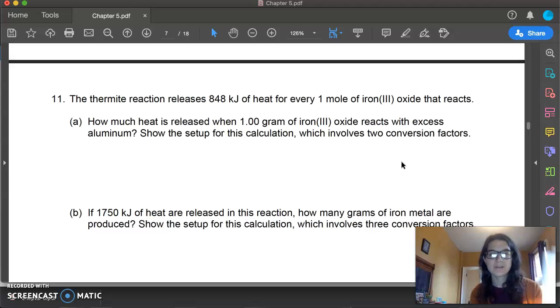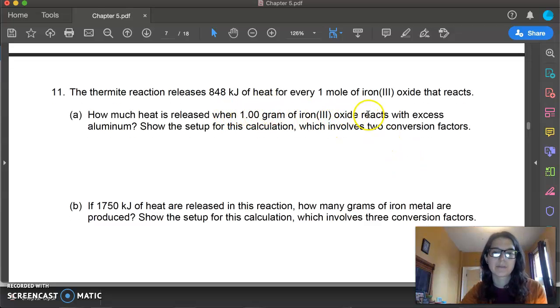So what we know is that we are reacting 1 gram of iron 3 oxide. So we are going to have 1 gram, and then we're going to have to convert to moles because it's kilojoules per mole. So to do that, we multiply by 1 mole over the molar mass of iron 3 oxide, which is about 158.7 grams. And then we multiply by 848 kilojoules over 1 mole. So if you plug that in, 1 gram divided by 159.7 times 848 divided by 1, it's going to be equal to 5.31